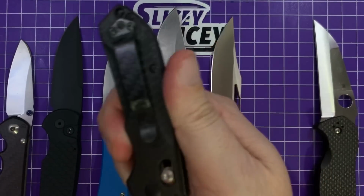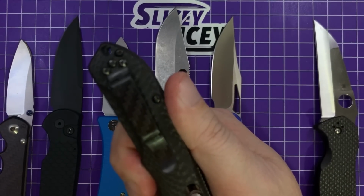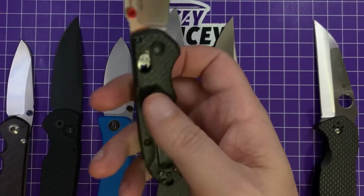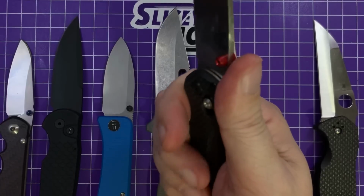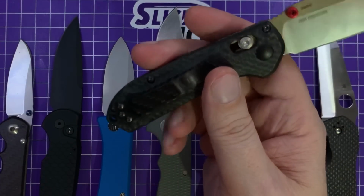I did put a carbon fiber clip on it. This is off of Etsy. I can't find the guy anymore that I got it from. I don't know if they're even still in business. I actually got it for my 940-1 and swapped it over to this. Works fine, but the stock clip is fine. I will say a deep carry clip on this for my hands did not work at all. It digs into my palm. I learned that pretty quickly. But going back to a more standard shaped Benchmade clip,